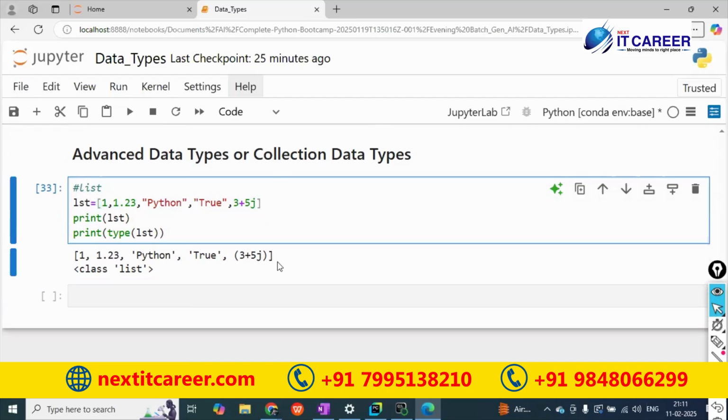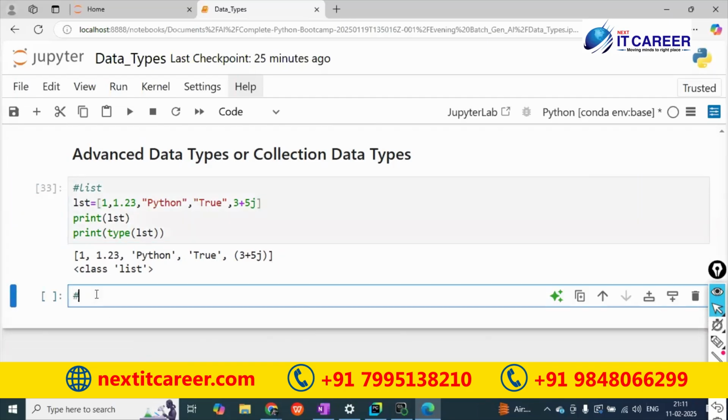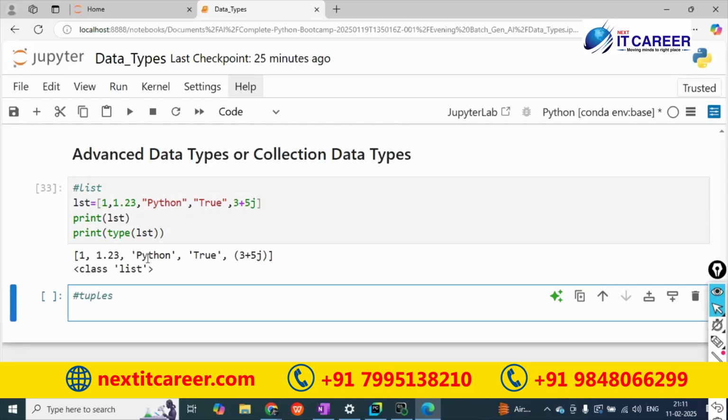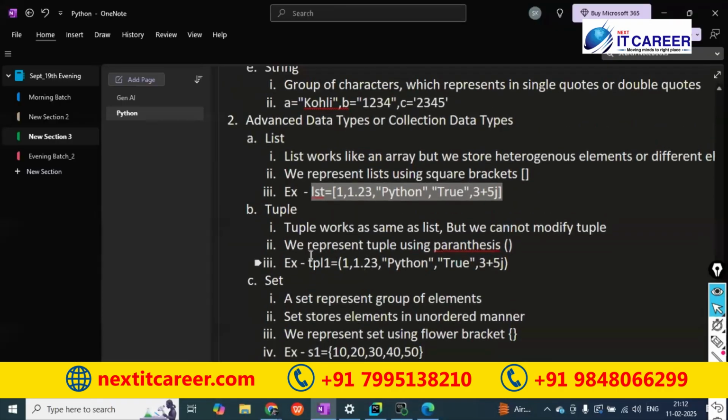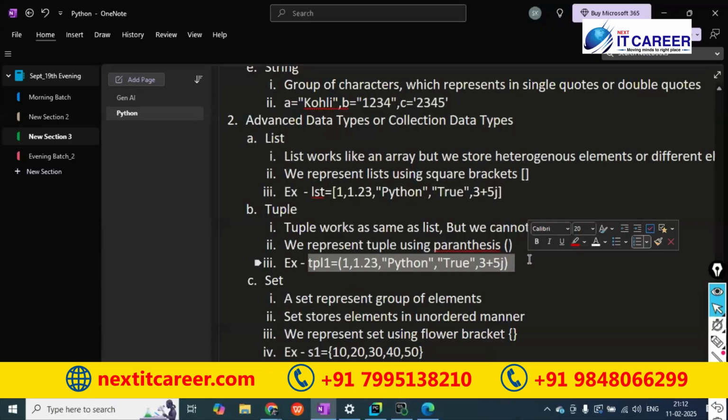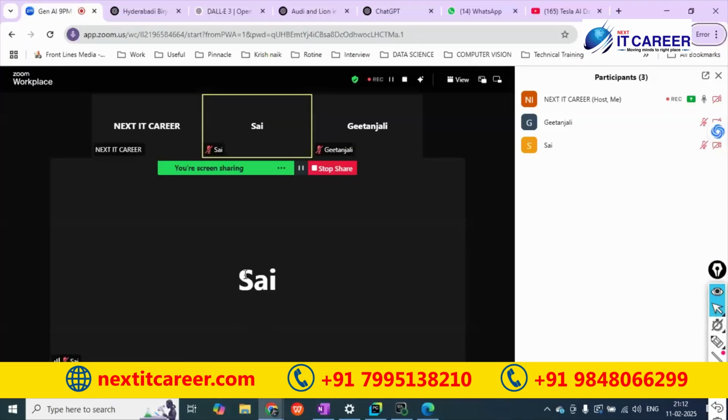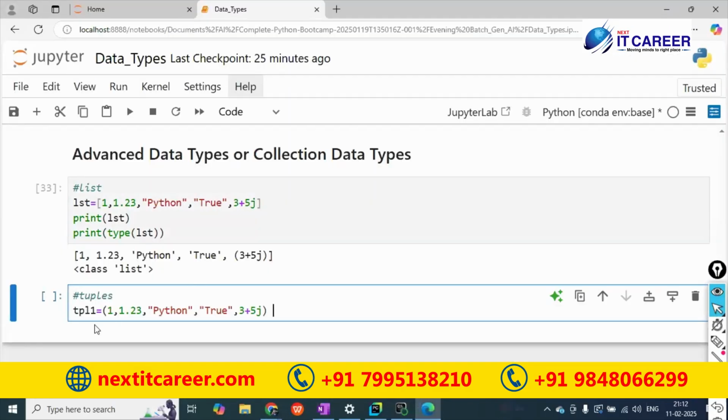So next one is tuple. TPL, we can take a tuple. It works like a list only. So I will copy and paste the same example here as TPL1, the TPL1 variable.